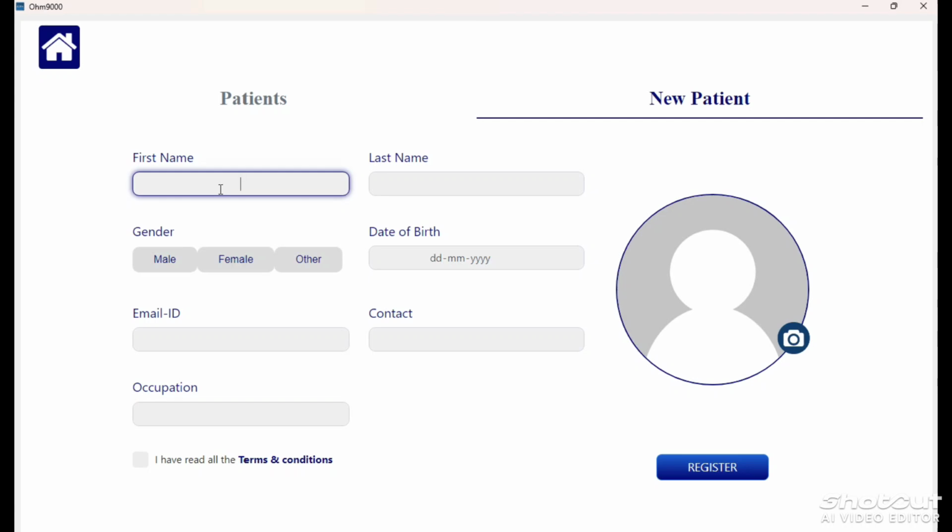Enter the name, last name, gender, date of birth, email ID, contact and occupation. Then click on the checkbox and then click on register.